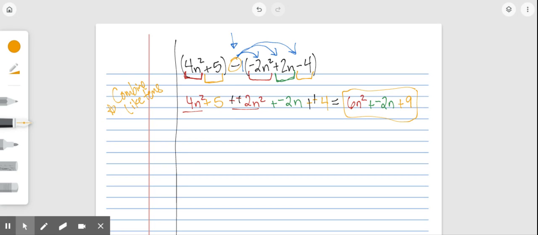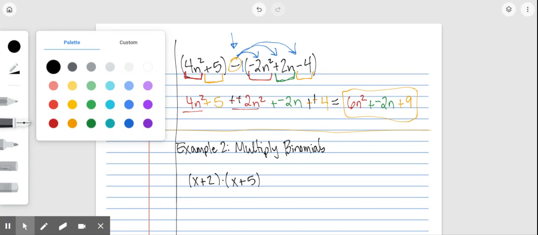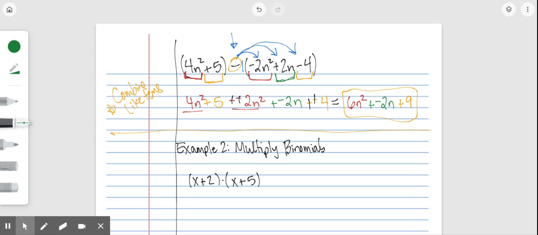The next part is going to be multiplying binomials. You might recall seeing things like this: x plus 2 in parentheses and then x plus 5 in parentheses. There's no indication of multiplication, but we remember that one of the ways mathematicians write multiplication is by putting two things with parentheses around them next to each other. So this should be a little hidden multiply sign. The way that you've probably learned it is called FOIL. So we're going to start with FOIL. And FOIL stands for